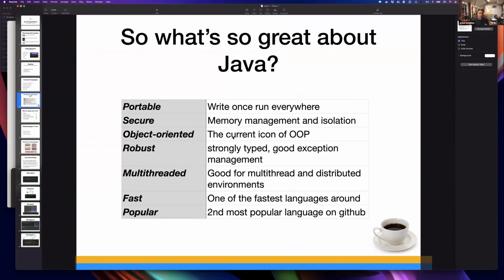It's object-oriented. Because it was written based on object-oriented concepts, it immediately became the current icon of object-oriented programming. It's robust because the developers of Java say that it's robust because it is strongly typed and statically typed, and also it has good exception management. It was really the first language to introduce exception management in the best way possible. Then